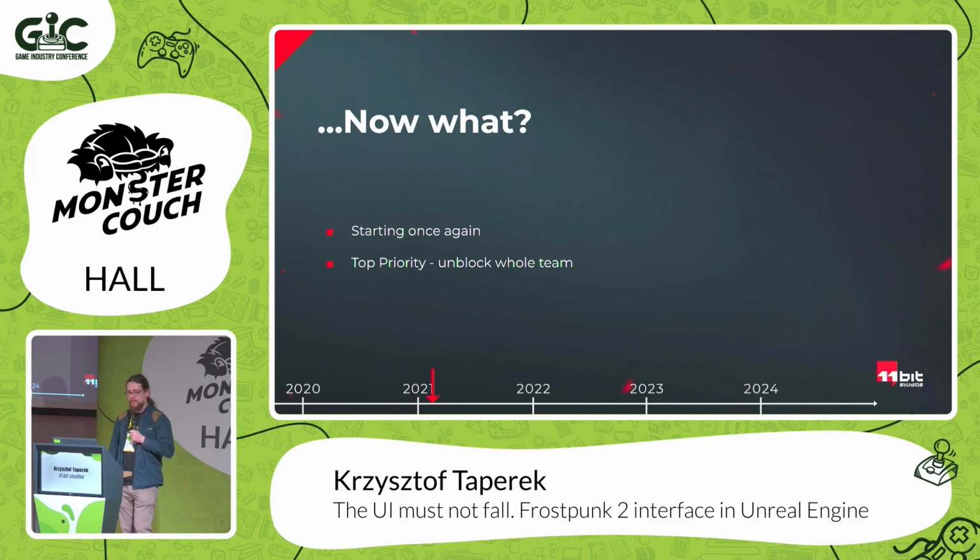So it was really difficult from the tech side, but Frostpunk 2 is much different from Frostpunk 1, mostly on the gameplay side, on narrative side, because scale changed a lot. Instead of 789 people in Frostpunk 1, because it was crashing for more, so that was the cap for population in the first game, now we have tens of thousands of people, and the scale is totally different. But UI-wise, it wasn't that bad. A lot of change, mostly the art style, but the scope was kind of the same.